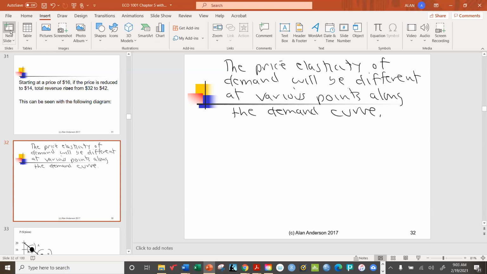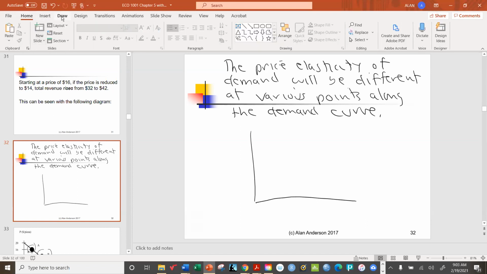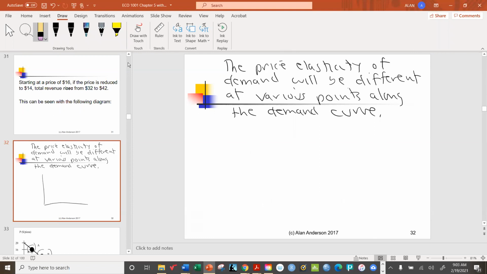In other words, it's not the same at every point. And remember, we're ignoring the sign. For a straight line demand curve,